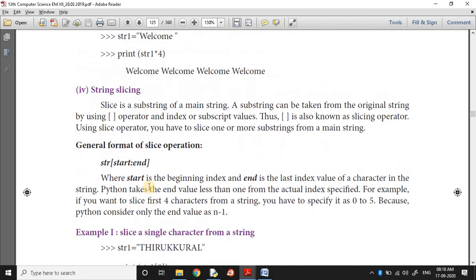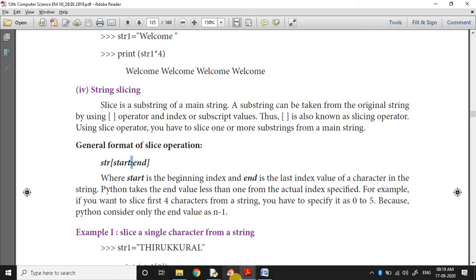So slicing is obtaining a substring from the main string. That's all. Here the string within square brackets is an operator. Start and end are both optional. The start argument is optional, the end argument is optional. If you define a range of values, the colon must be there. For more than one character, the colon is there, obtaining a substring. For only one character, we need not use it; you can give the index position only.